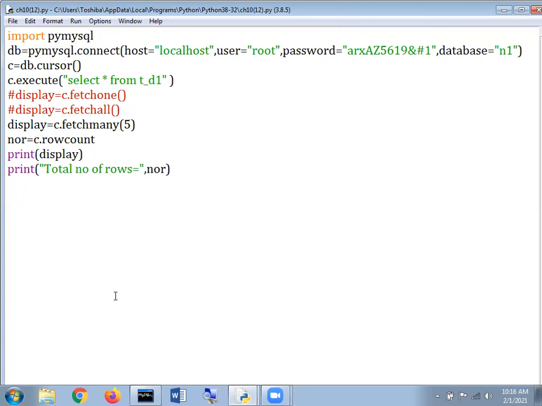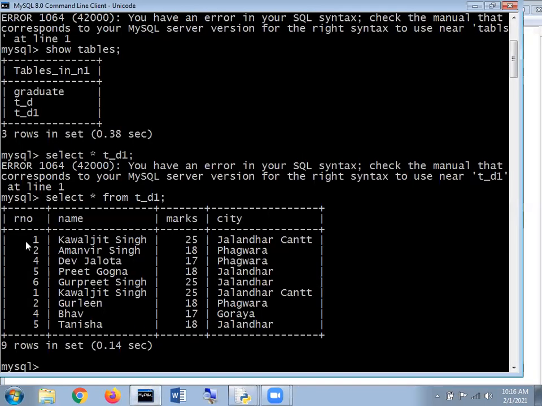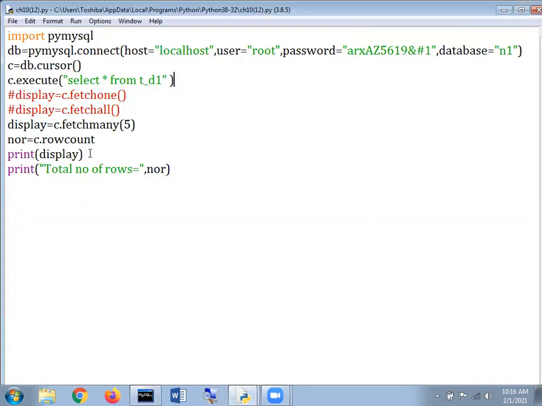अच्छा मेरा बेटा, here it is. I think so the number of information which is there in this table is 9. You remember that we have displayed that content. But can you please help me? Here it is. After that, this line will be executed. C dot fetch many 5. What is the meaning of that particular line? If you are going to give me the detail of that particular line. टेबल में जो कंटेंट्स है उसमें से वो फर्स्ट 5 उठाए.